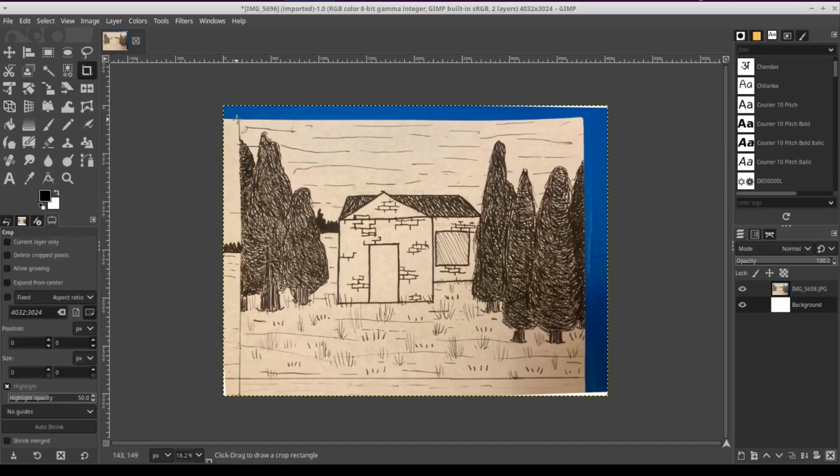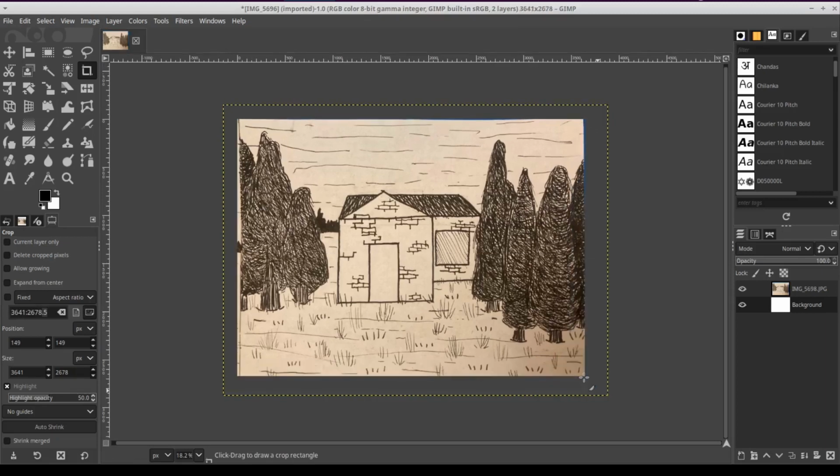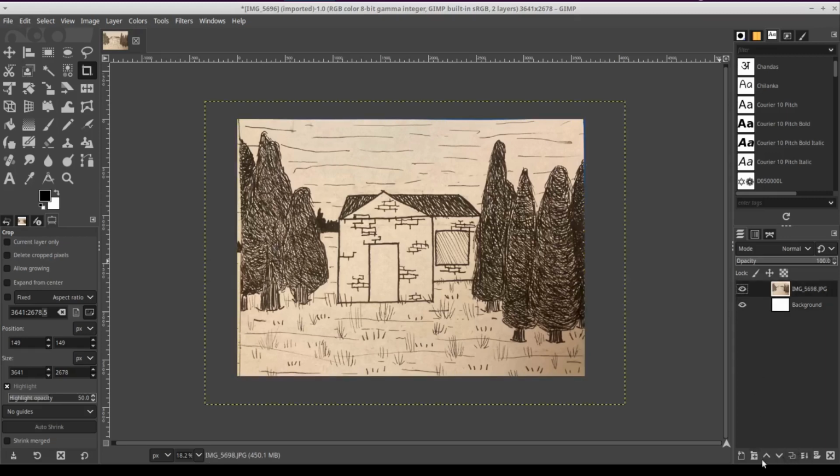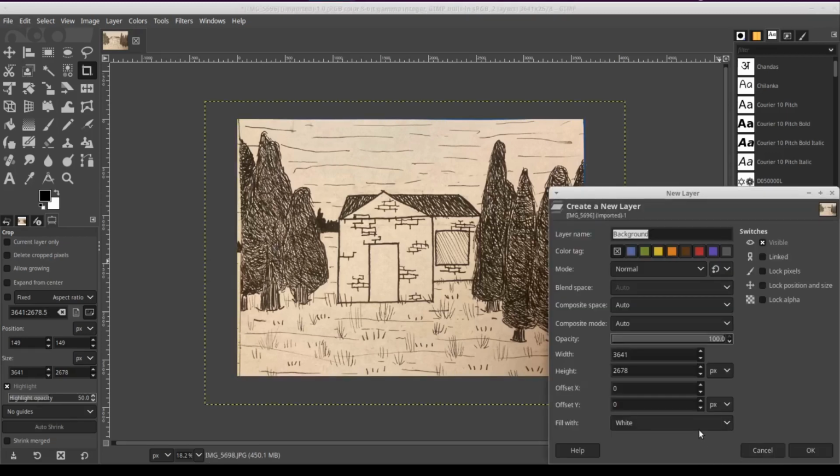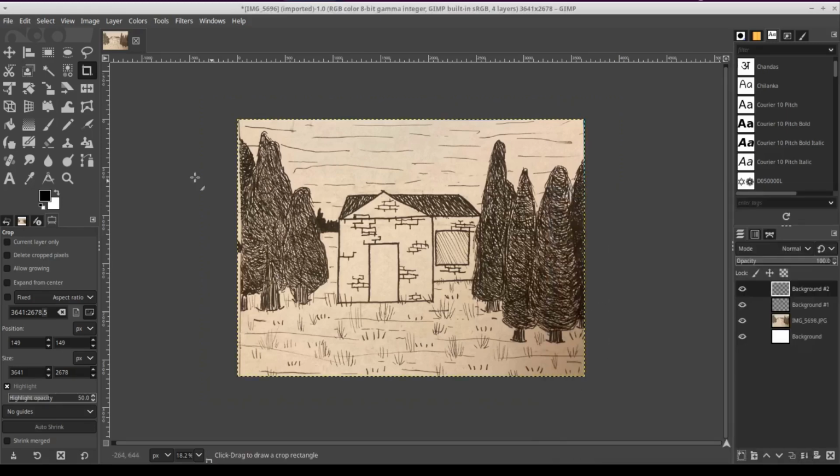In fact, I'm going to do that right now. Alright, and now what we're going to do is we're going to add 2 layers, and you want them to be transparent. It doesn't really matter right now, but I always like to do transparent.